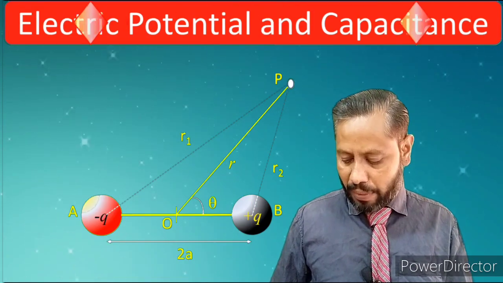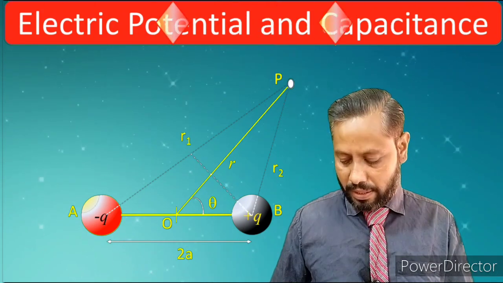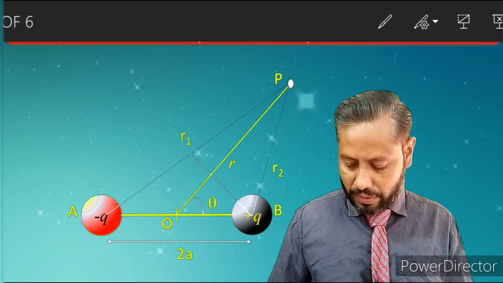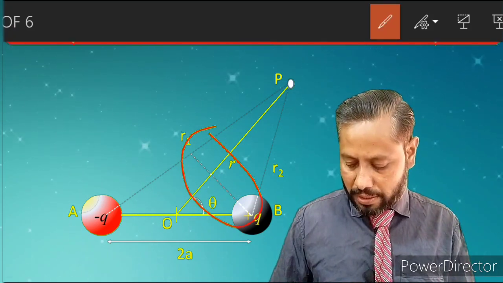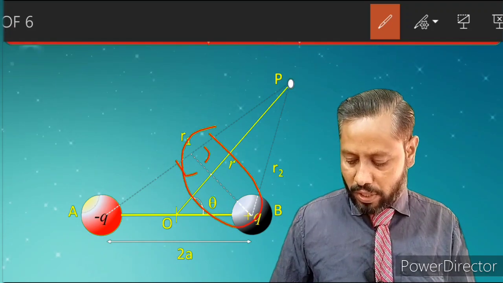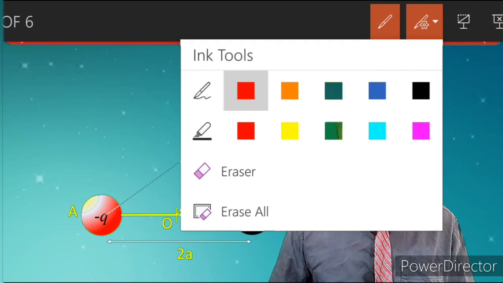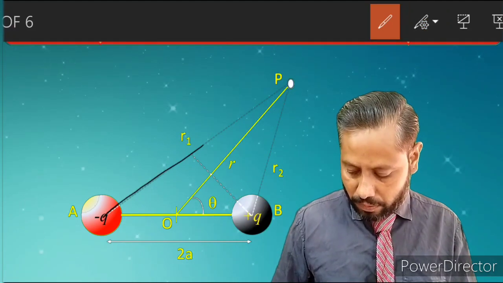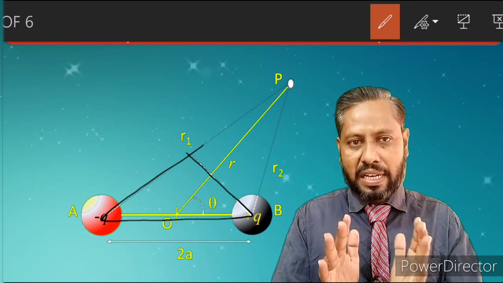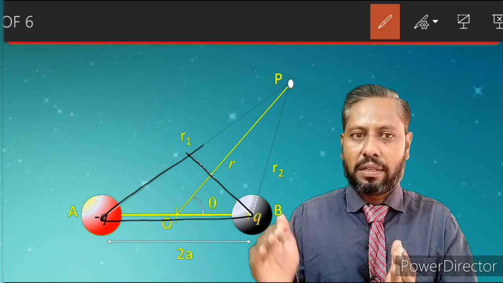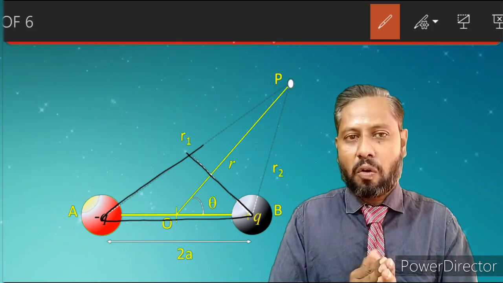First I am drawing a perpendicular on AP, as you can see in the diagram. I have drawn this white line here. This is perpendicular to this line, right? So once it is perpendicular, suppose this is the right angle triangle here. As a first approximation, we have taken that the point P is far away from the dipole, and now I have taken a perpendicular on AP.